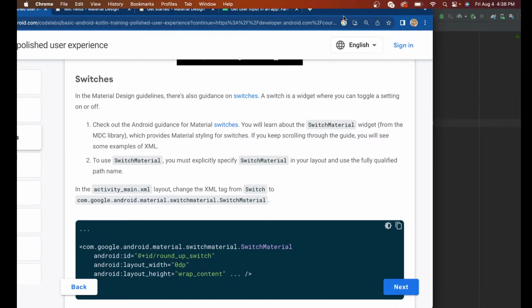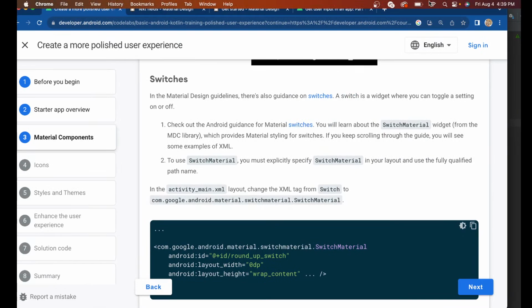To use switch material, you must explicitly specify switch material in your layout and use the fully qualified path name in the activity main XML layout. Change the XML tag from switch to com.google.android.material.switch